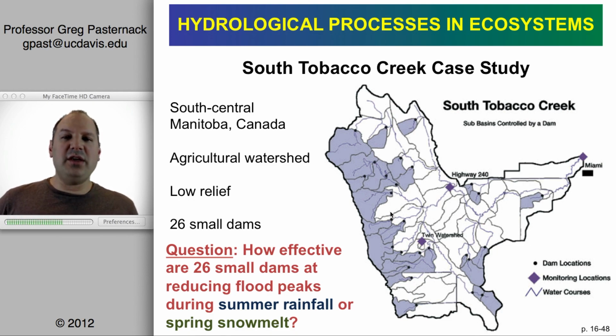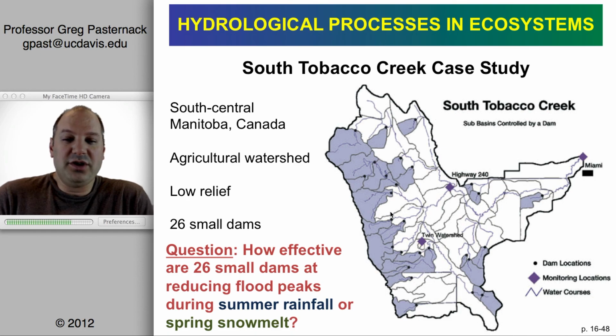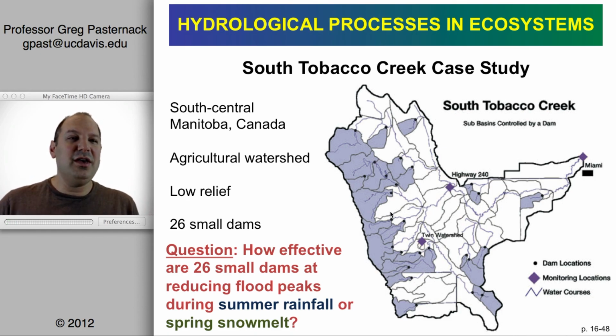So given these 26 small dams, you could ask a management question like, how effective are these dams at abating the instantaneous peaks associated with different return interval events? Because remember, the peaks are going to hinge on the size of the event, and dams are just a form of storage, so you know very well by now that the hydrological effectiveness of storage is dependent on the